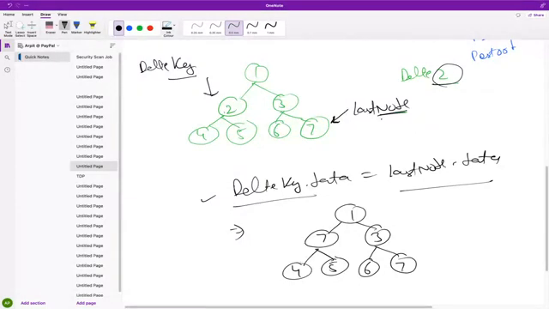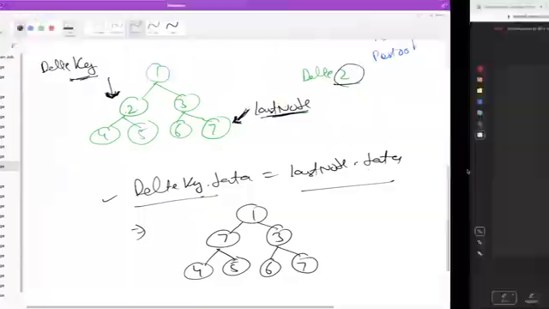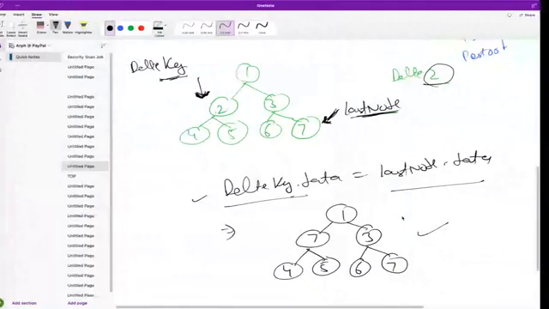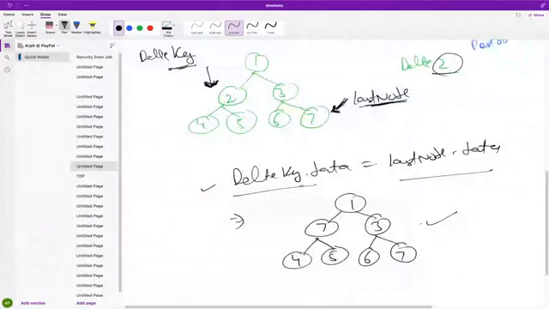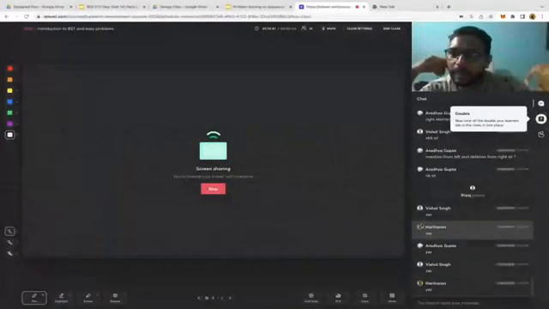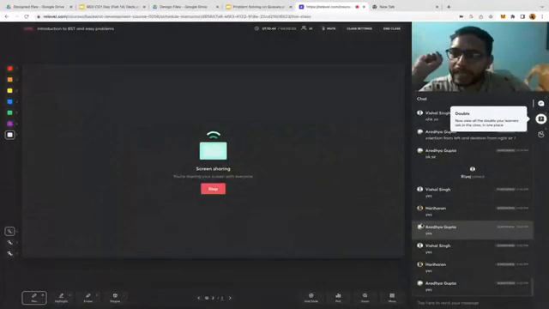Right? If you want to go with recursion, simply go left and right, left and right, left and right. And wherever we find the key, I will keep that pointer there only. Delete key pointer at that place, and then at the last I will point to the last node. Correct, guys? And then with delete key dot data, we will update the data of this key with the last node's data. It will look like this: 1, 7, 3, 4, 5, 6, 7. Everyone agree with that? After doing that,